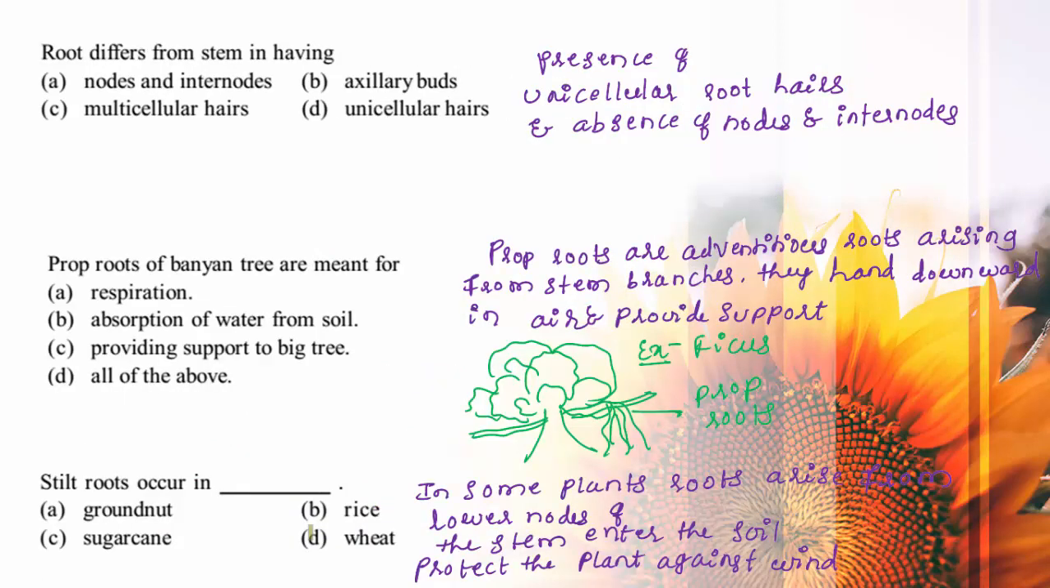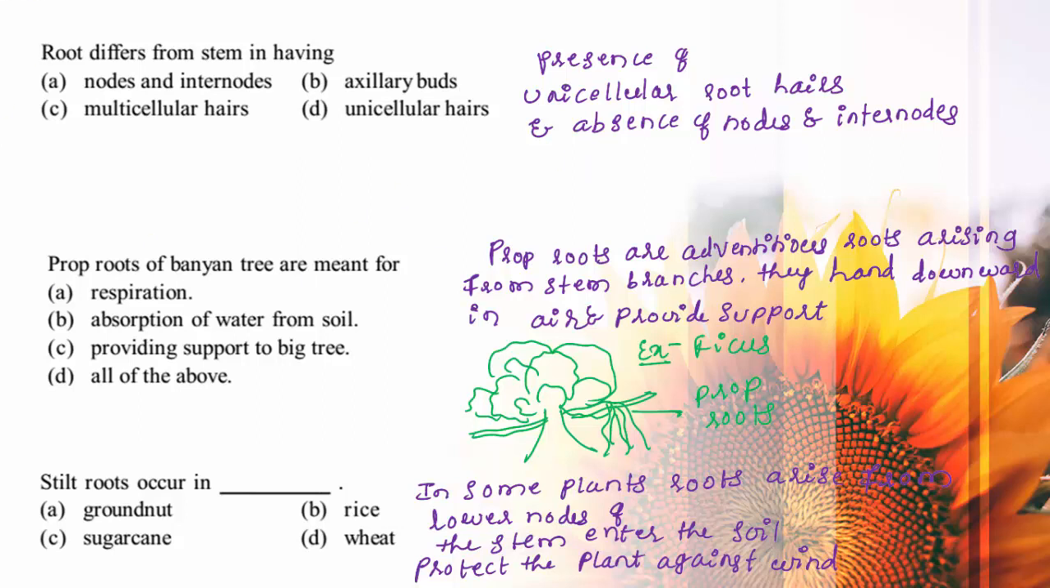Then moving to the next question. Here, 3 questions you can see. The first one: root differs from stem in having nodes and internodes, multicellular hairs, axillary buds, unicellular hairs. The question given is, what is the difference between root and stem? How root differs from the stem? The answer is presence of